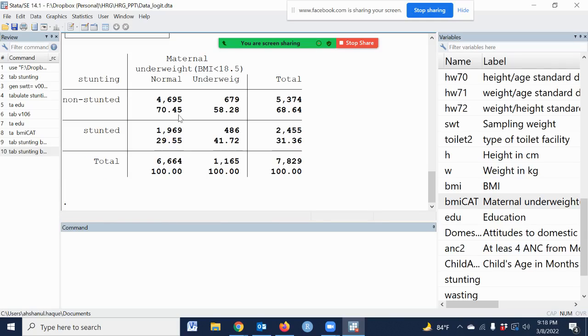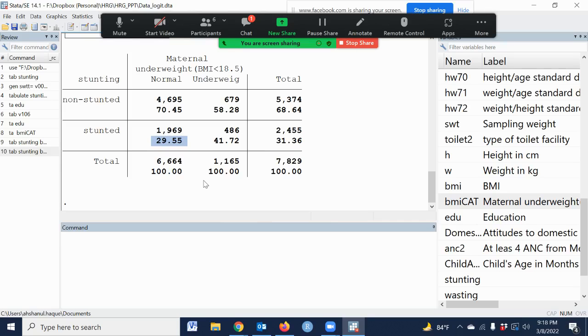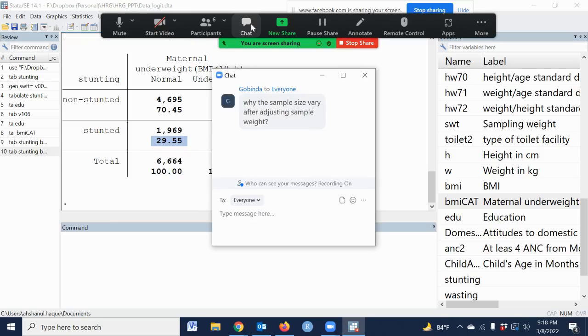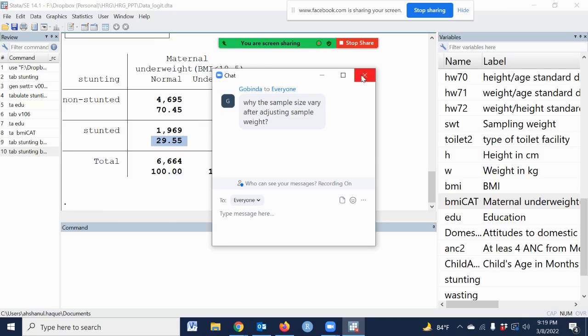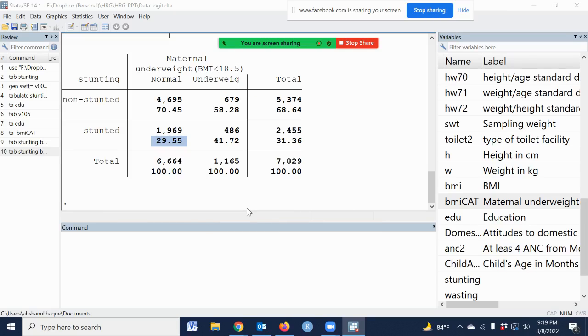Faisal, can you interpret this value? The percentage is 29.55, but I don't understand the underweight variable, Abdul Bhai.